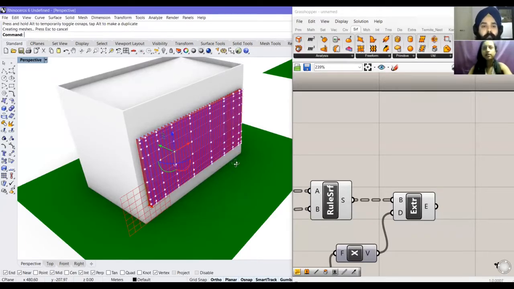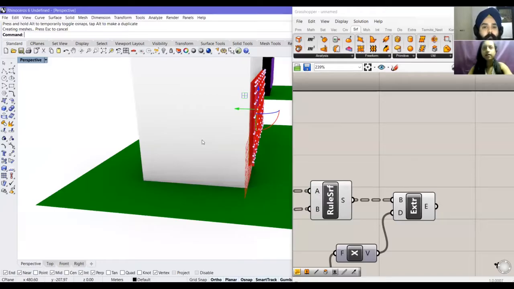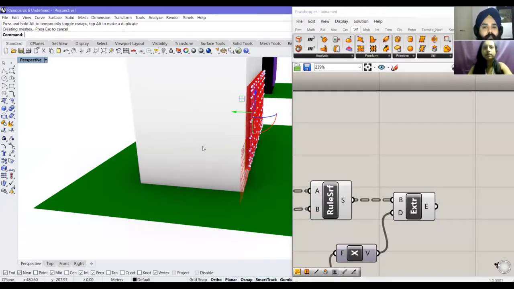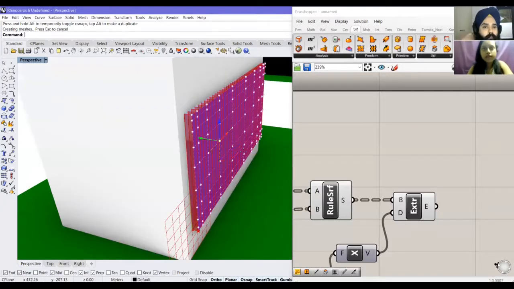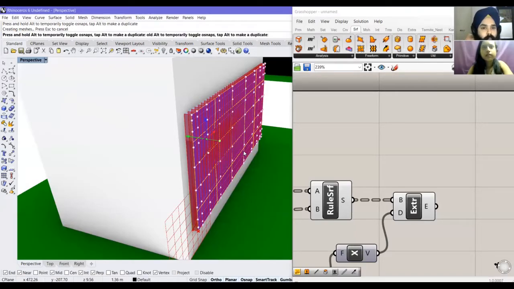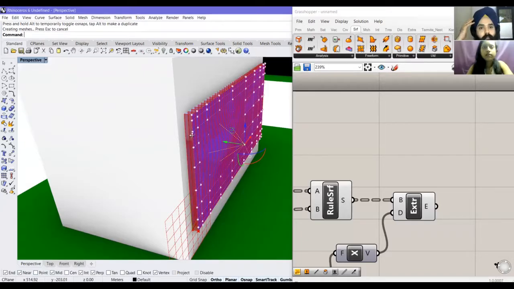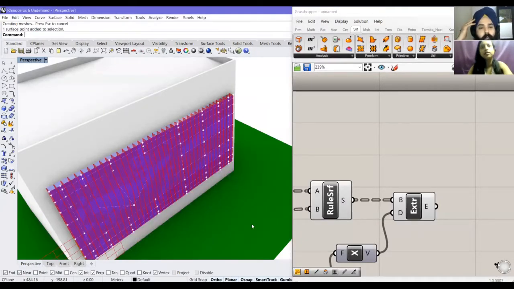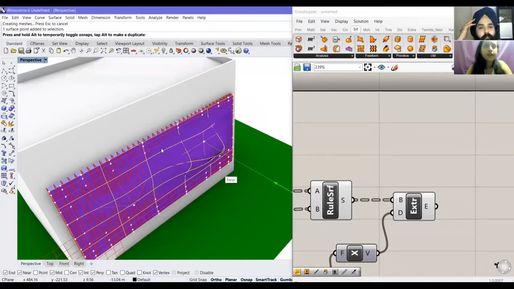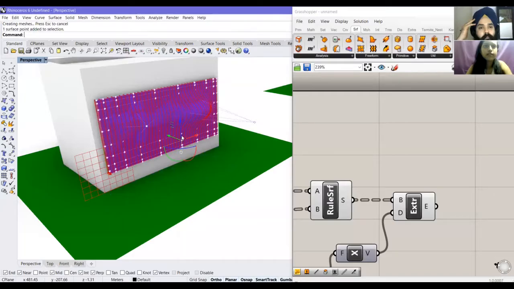I am tweaking the surface. Just a moment. Let's say there was a curve you are trying to get, that curve design, so I'm selecting a few points and moving them.